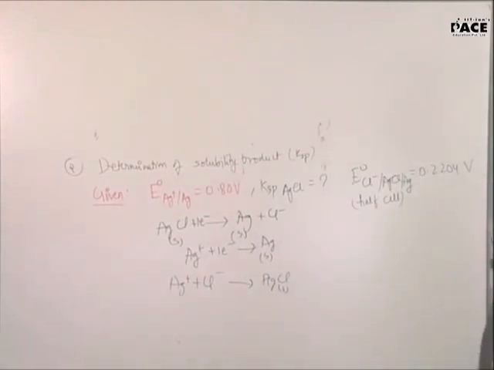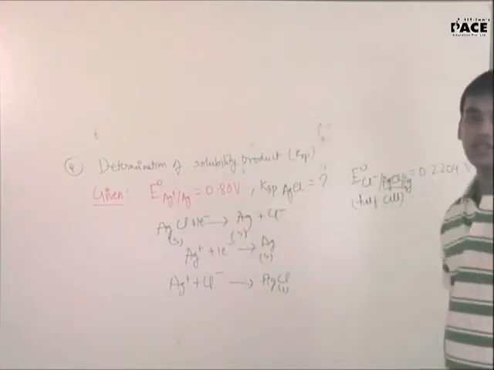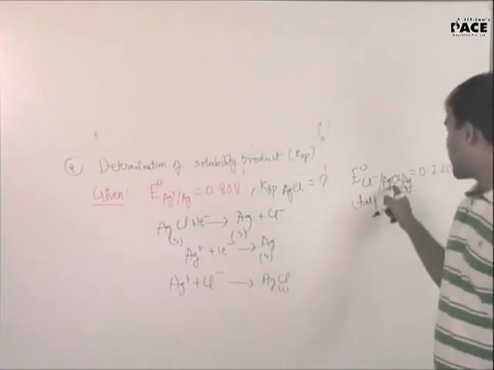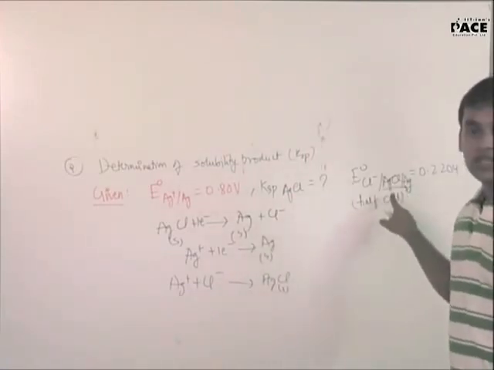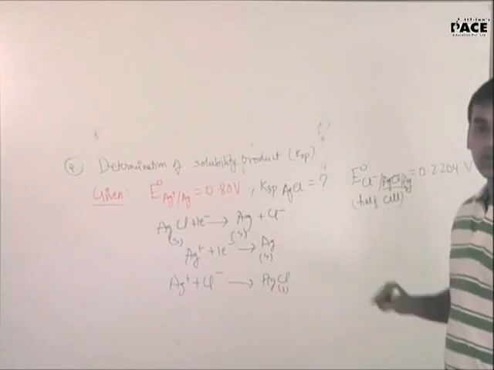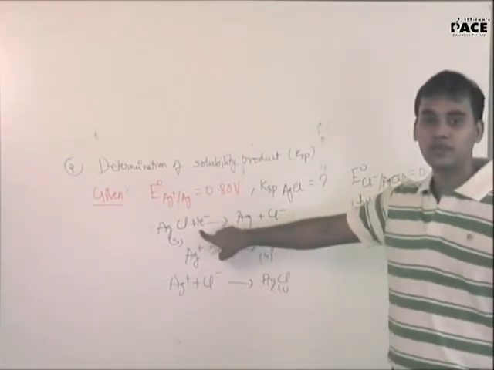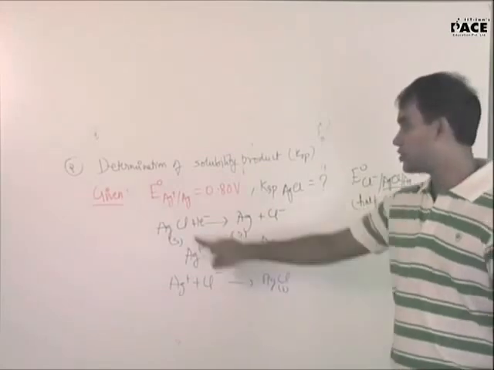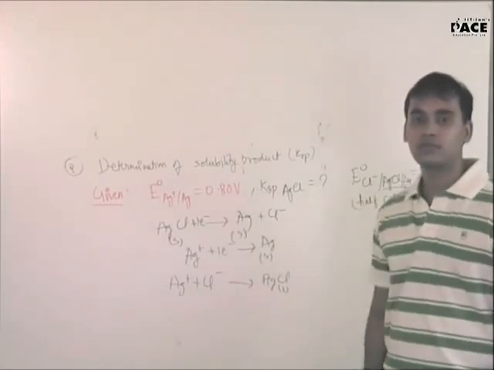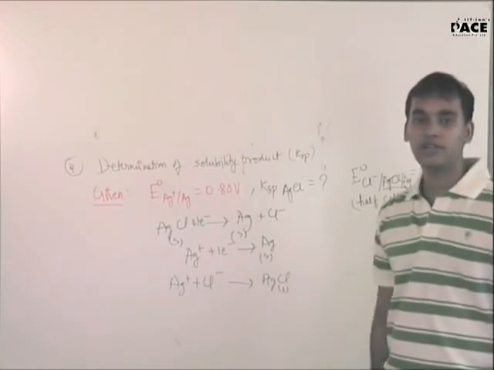So the E naught Cl minus slash AgCl slash Ag, how do we see that from which reactant to which product is it like? AgCl is going to Ag. So I just wrote AgCl is going to Ag. Now balance the reaction. Now first you see it is reduction or oxidation. Silver is going from +1 to 0. So it is reduction. So it will be acceptance of electrons. And the Cl minus slash Ag, because you have to balance. If it is AgCl, Cl minus has to be added here.